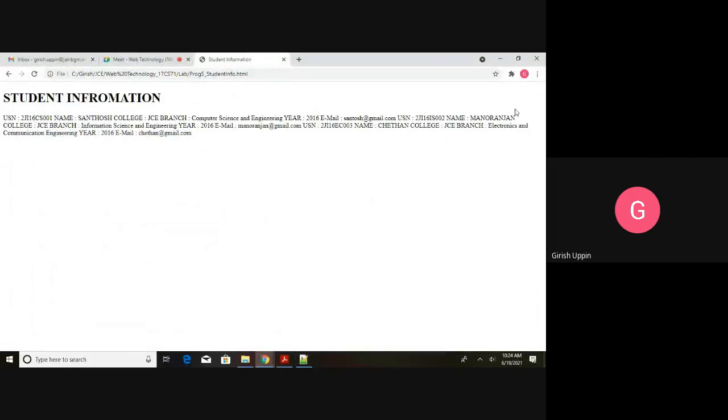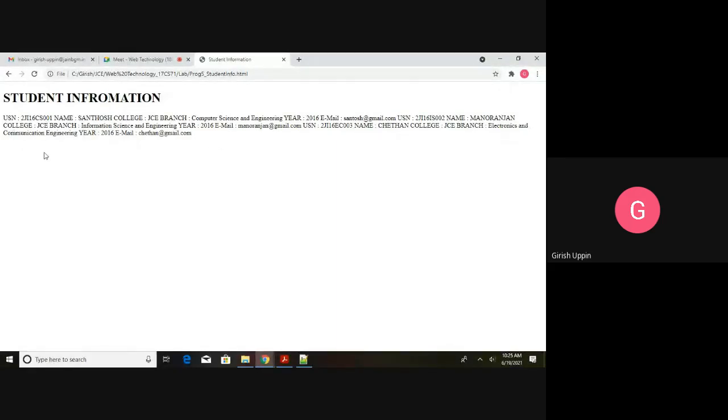We remember that elements will float to the right. The minute the complete width is used up, it will float to the next line until all the elements are displayed. So it will float here. This also has its width completely taken up, so again it will float to the third line. That is how the information is shown.